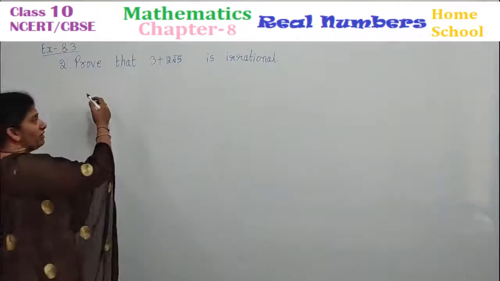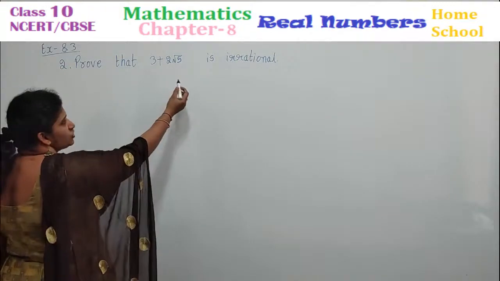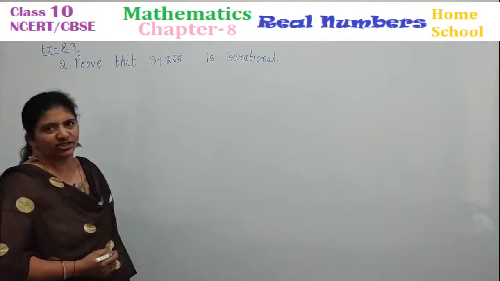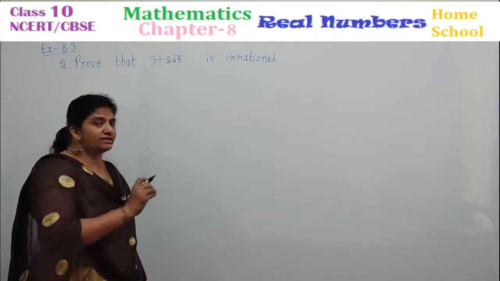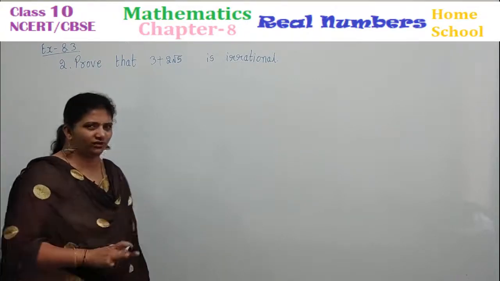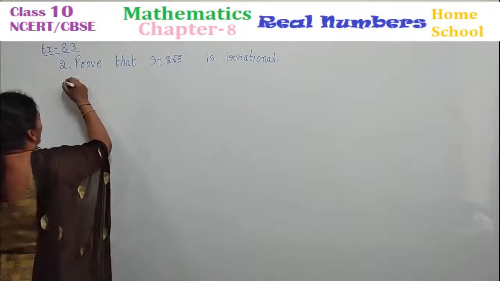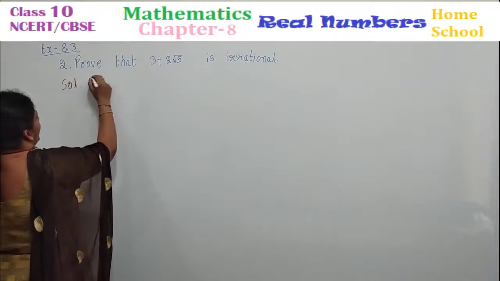See the second problem. Prove that 3 plus 2 root 5 is irrational. Same process, children, but when we have a single surd, it is different and this will be a little different. So have a look here. How can we solve this? Let us